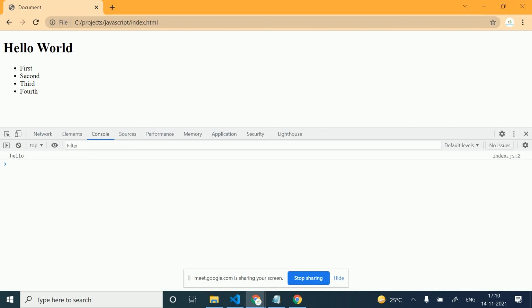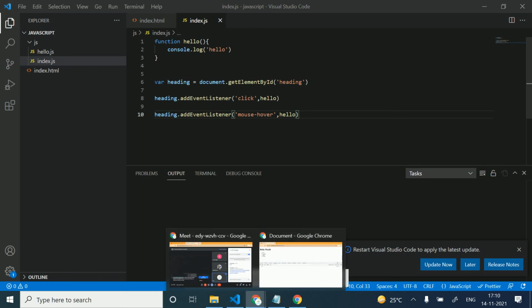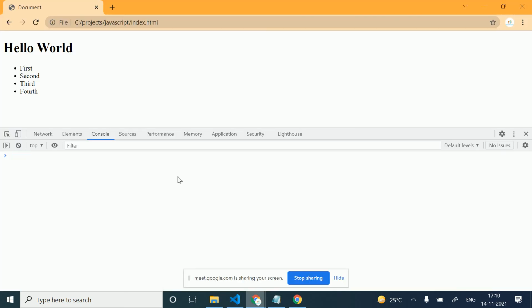I have clicked here. Click is working, but the mouse hover which I have added is not working here. I think this will work here.